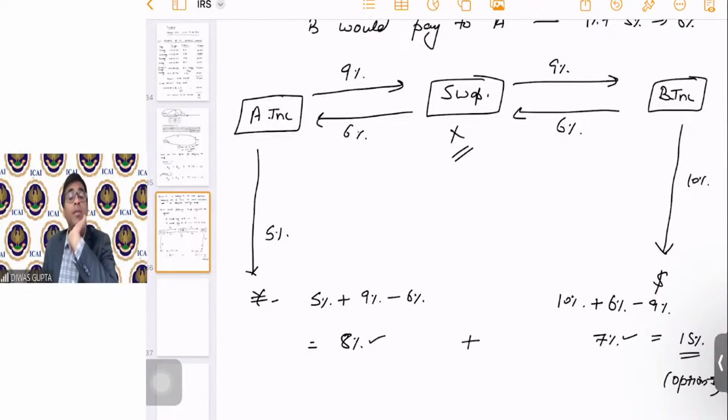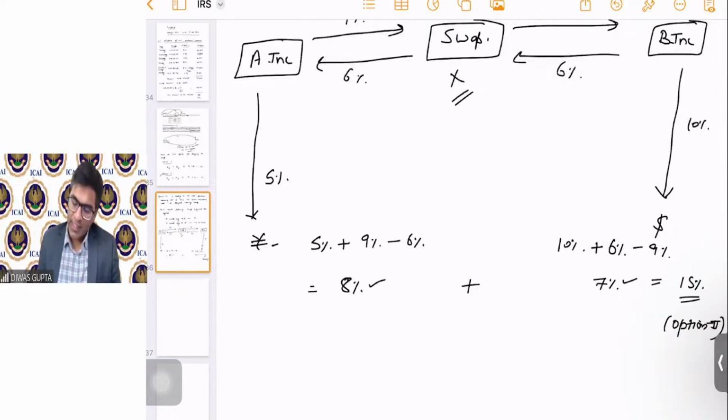Kirti, design currency swap. Kirti, see, the question has not given you very clearly what is the currency swap design. So this is the design currency swap that we have done. That A Inc. will borrow in yen and B Inc. will borrow in dollars. Then they will swap basis what is given in the question, their interest payments amount. A will pay to B fixed 9%. B will pay to A 1% over and above what A is paying for yen loan, which is 6%. So 5 plus 1, 6%. Okay. Perfect. Viraj and Shruti. Very good.